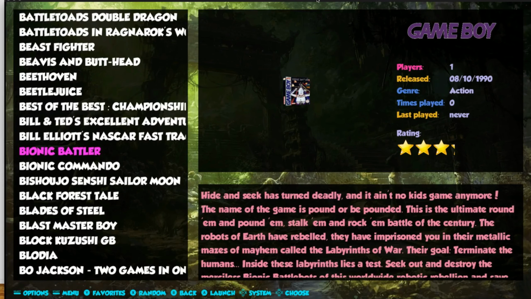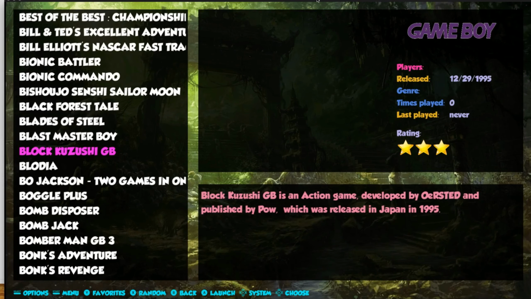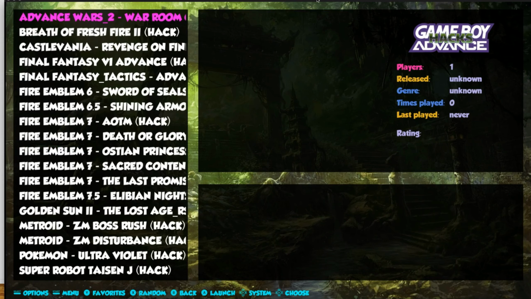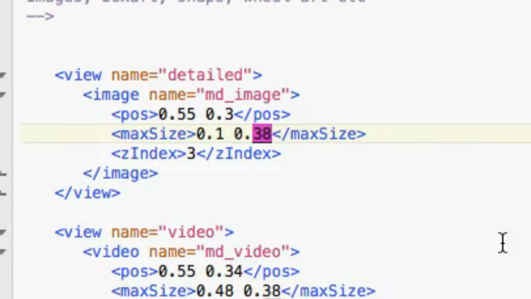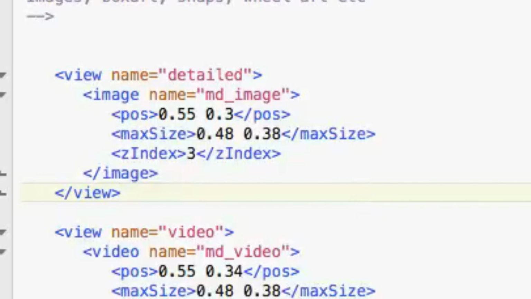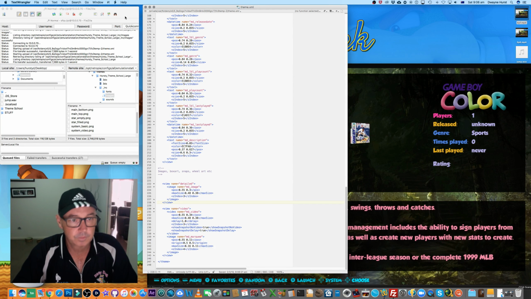The maximum size of the box art now is very tiny. Okay, that's how the max size works, and that's all you need to know with it. What I did want to show you, let me just put it back to its original,